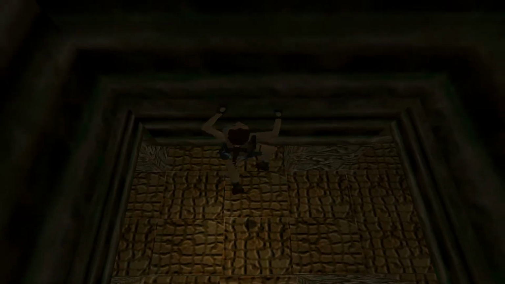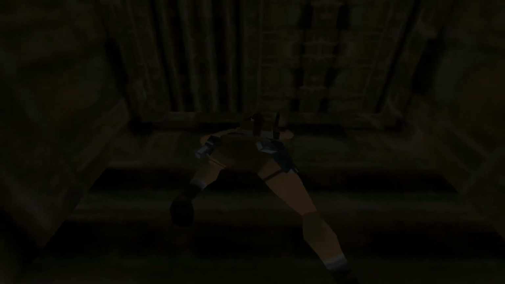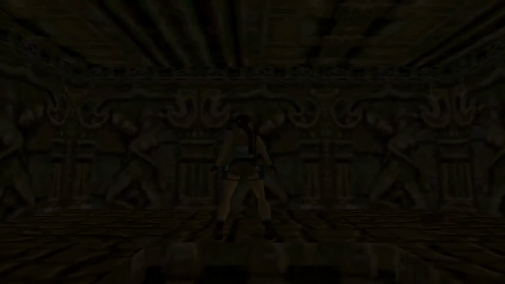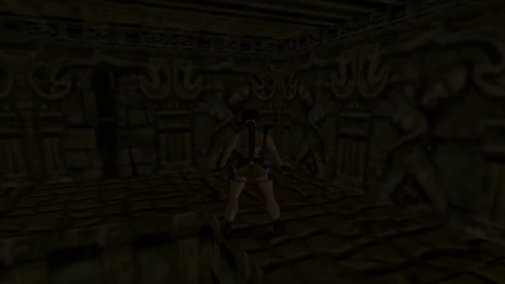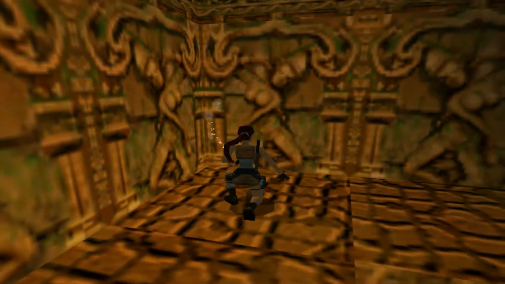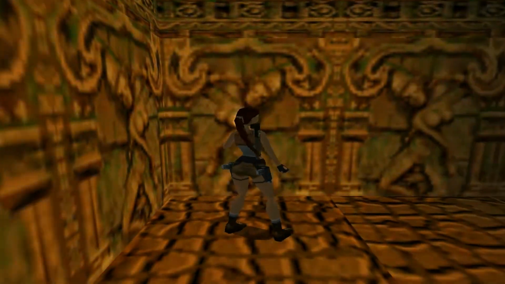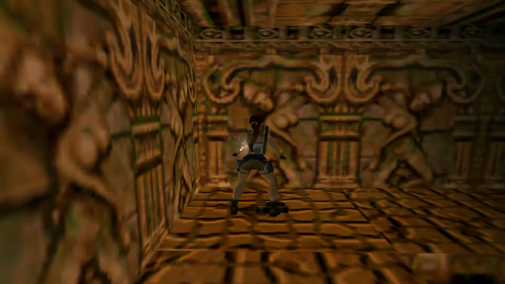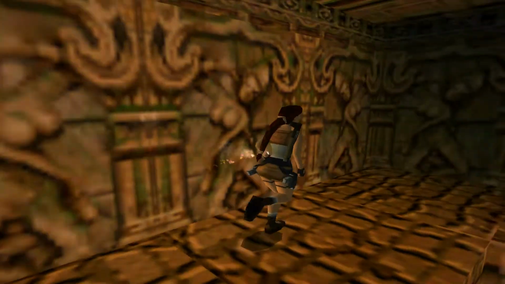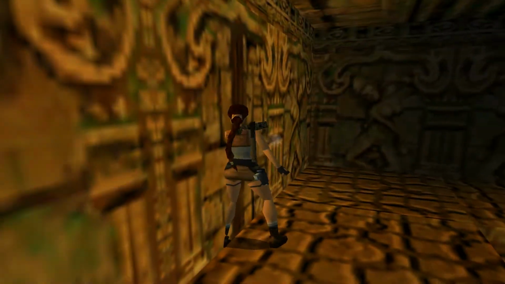Okay, so I'm going to jump and grab this edge here and then climb up. And this is secret number 2 of the level. So in here we've got some shotgun shells, and we've got some MP5 ammo, and then over here we've actually got a lever. Now if we pull this lever,